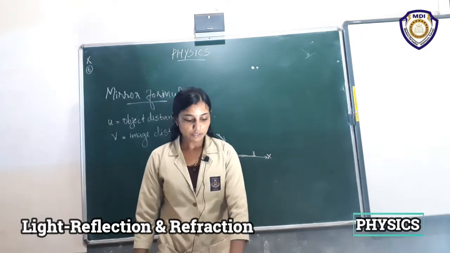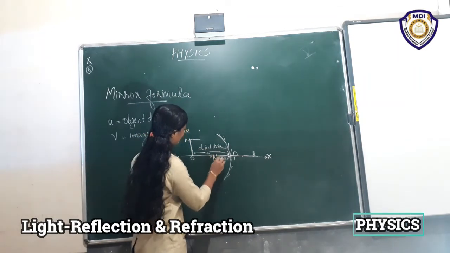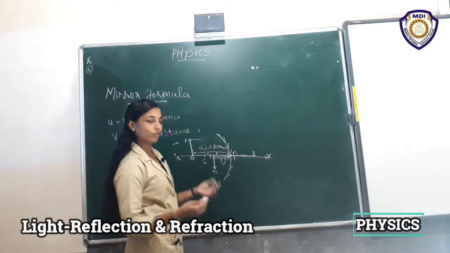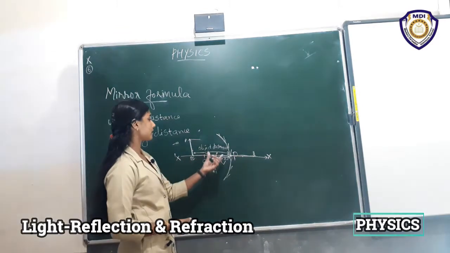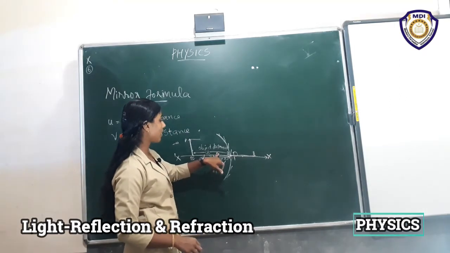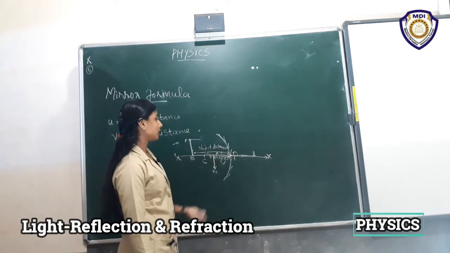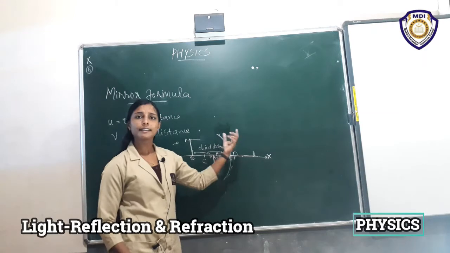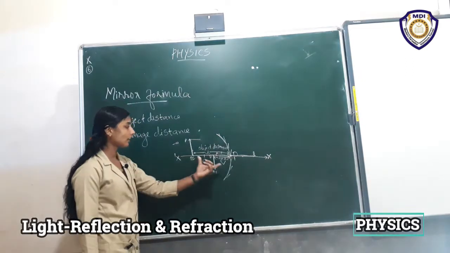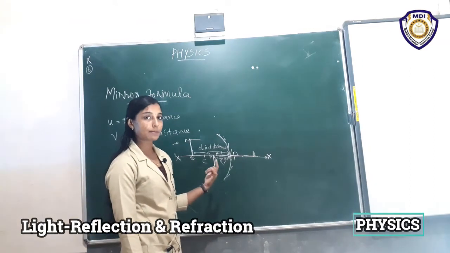So there is a relationship between, suppose here is our F and here is our C. There is no other color chalk. If there were, we could draw it colorfully. So suppose here we have the focus and this is the focal length F. You can draw it neatly, I just draw it to give an idea. So this is the focal length, the distance between the principal focus and the pole.